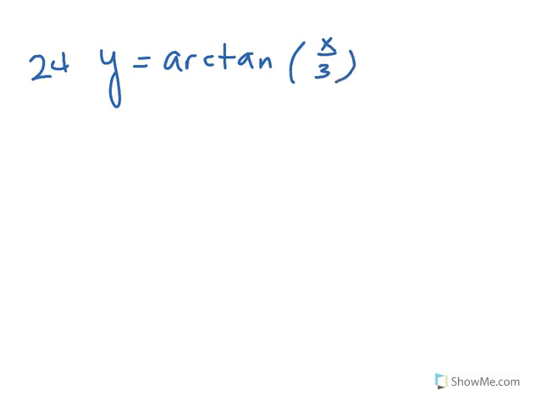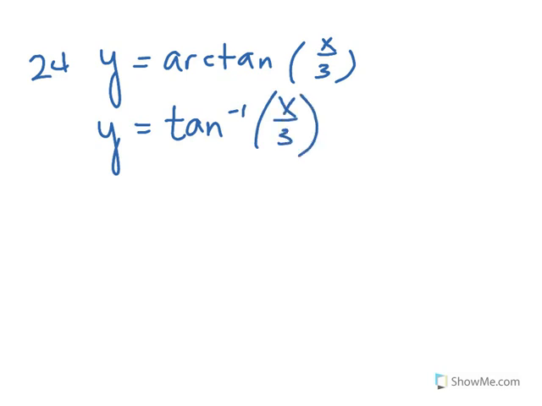Let's take a look at another question, which is number 24. In 24, you have y equals arctan of x over 3. Now, arctan is basically the inverse of tangent. If we simply invert every point on the tangent function, we actually get something that's not a function, because we would have all of those arms of the tangent function flipped onto their side, and we would fail the vertical line test. So instead of trying to differentiate this, we need to differentiate tangent inverse of x over 3,